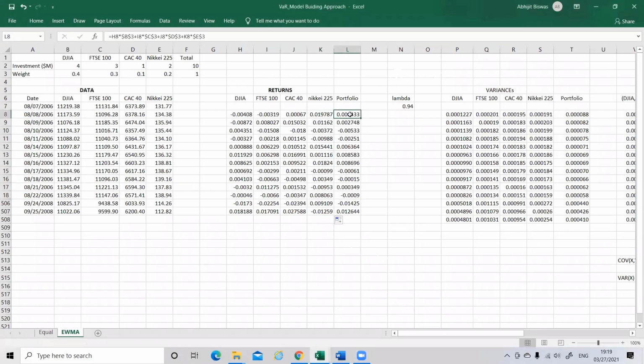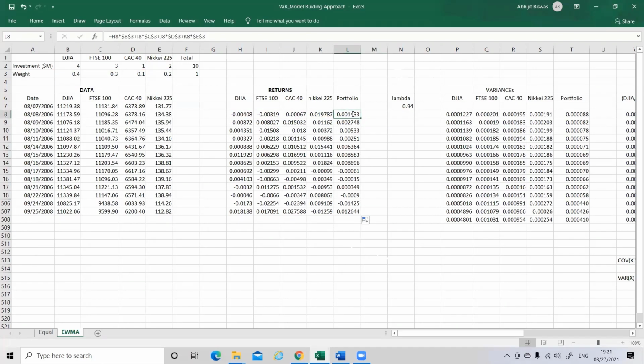So you see, if I show you the formula, these returns are multiplied with the respective weights, and we have taken the sum of that. So please do it, everyone, and please give absolute reference for the weights, because those same weights I am going to use for the other portfolio return numbers as well. So please complete this. Once this is done for the first portfolio return, just drag it for the rest.